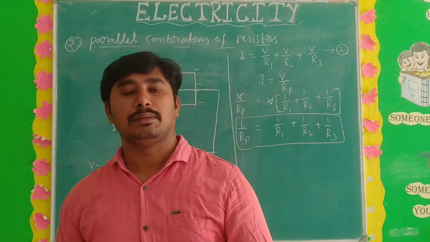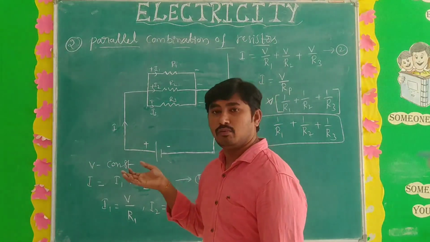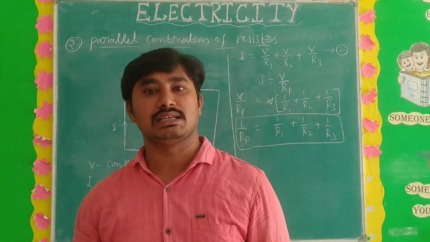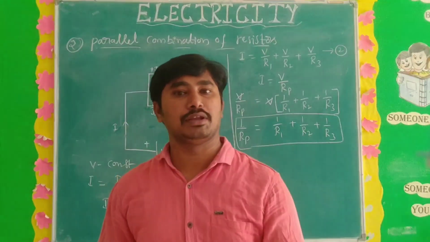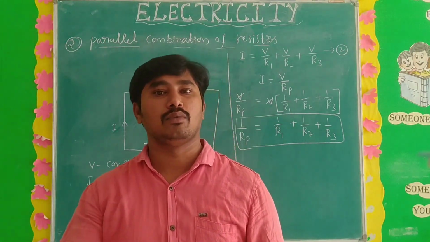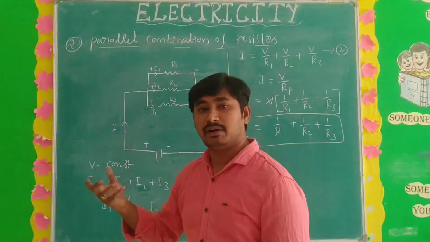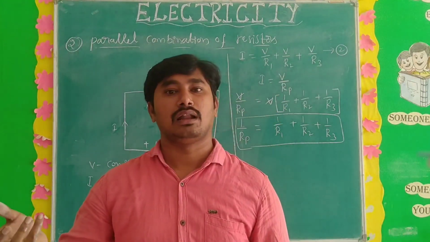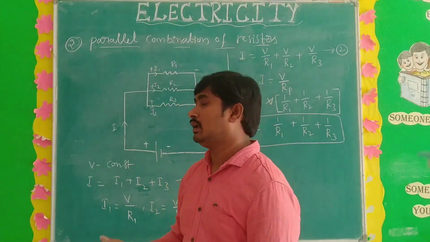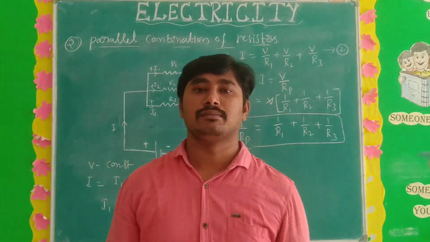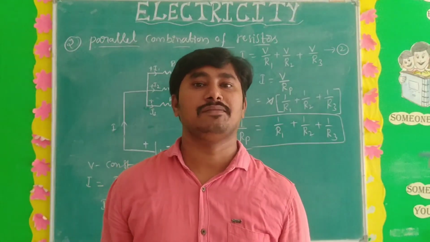Also, one more advantage of the parallel combination is that we can draw more current because the resistance is very low. Here 1 by R means the resistance in the parallel combination is very small, and we get a larger amount of current. Appliances like heaters or iron boxes take a lot of current, so those appliances operate only in the parallel combination. You can't operate them in series, because in the series combination less current flows.